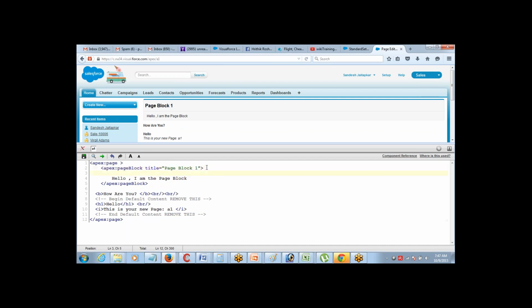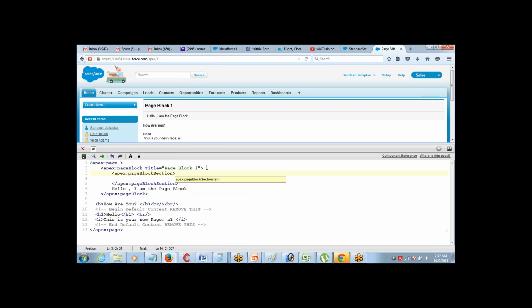If you want to further break this page block into smaller section, there is another component called page block section. And you can put a title for the page block section as well. Page block section 1. I am on page block section.